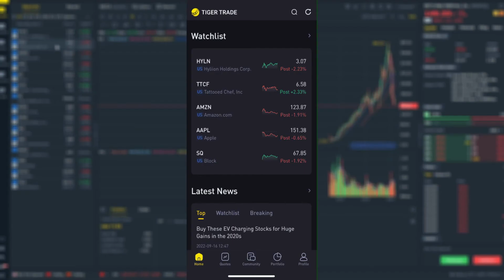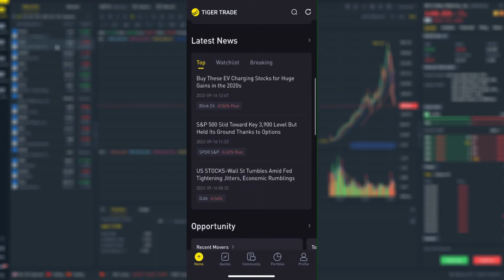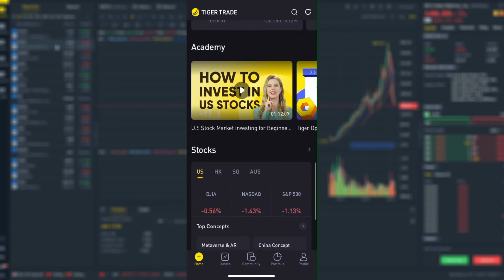So right now we have the Tiger Trade app opened up on my phone as I'm recording this video. I'm scrolling through in real time, and you can check out my app here. This is the home screen of the Tiger Trade app, and it might be more preferred for you to download the app onto your mobile phone, whether it be Android or iOS. And yeah, you can check out the homepage, you can customize it. We have the watch list on here, latest news, opportunity, Academy. The Academy section is awesome as well if you want to learn more about using the Tiger Trade app, stocks,